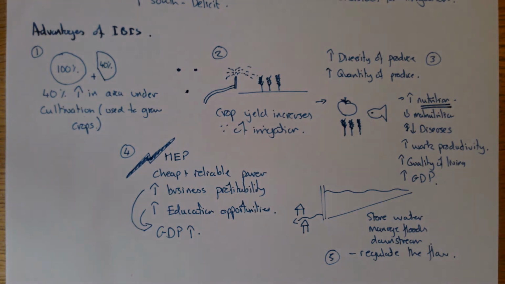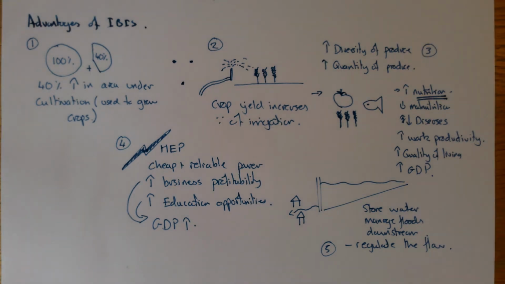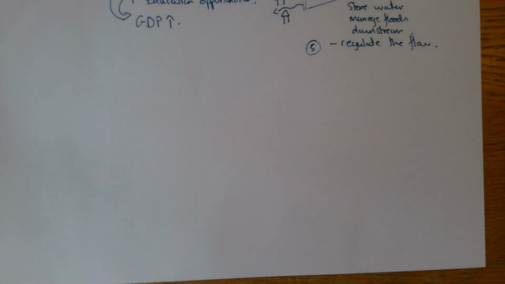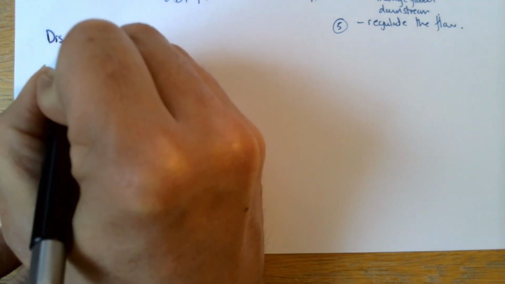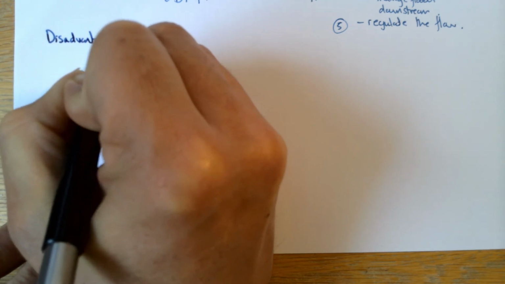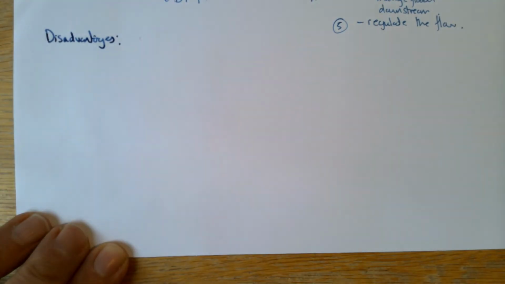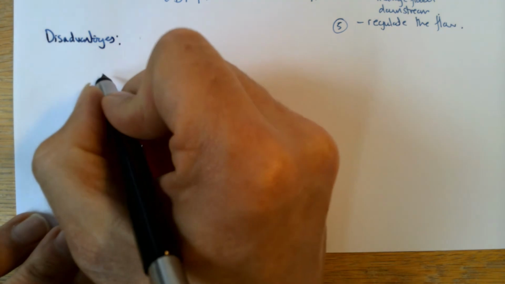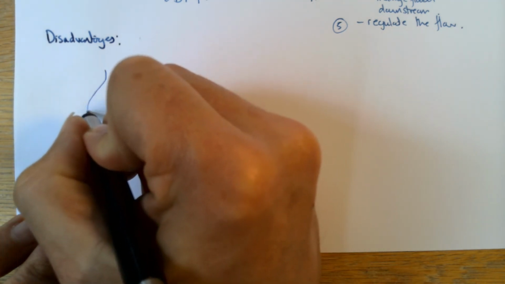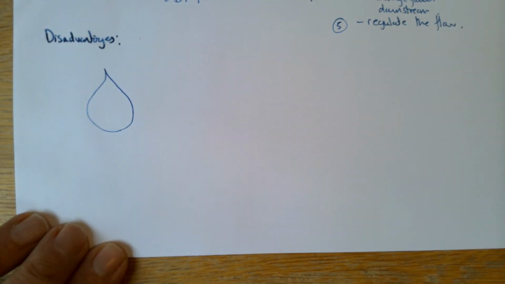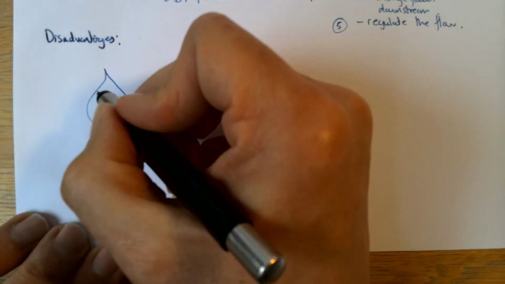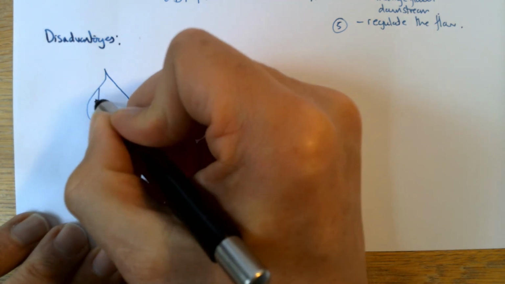Lovely jubbly. Okay, let's have a look at the disadvantages, because sadly it's not all positive news. So here we go. Disadvantages of IBIS. The first thing I'd like to talk about is, I'm going to draw a large raindrop to represent the amount of water that's provided by the IBIS scheme, and then I'm going to divide that unequally,